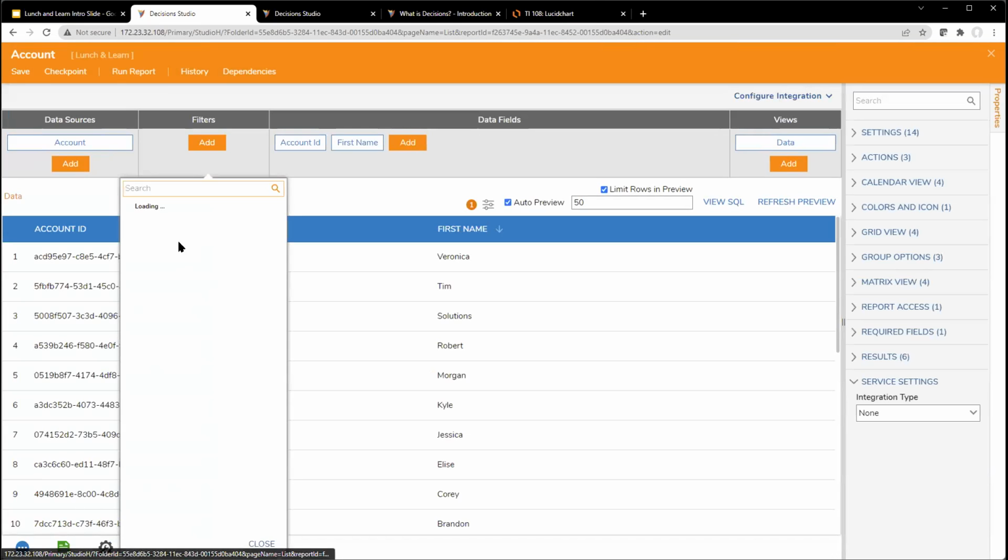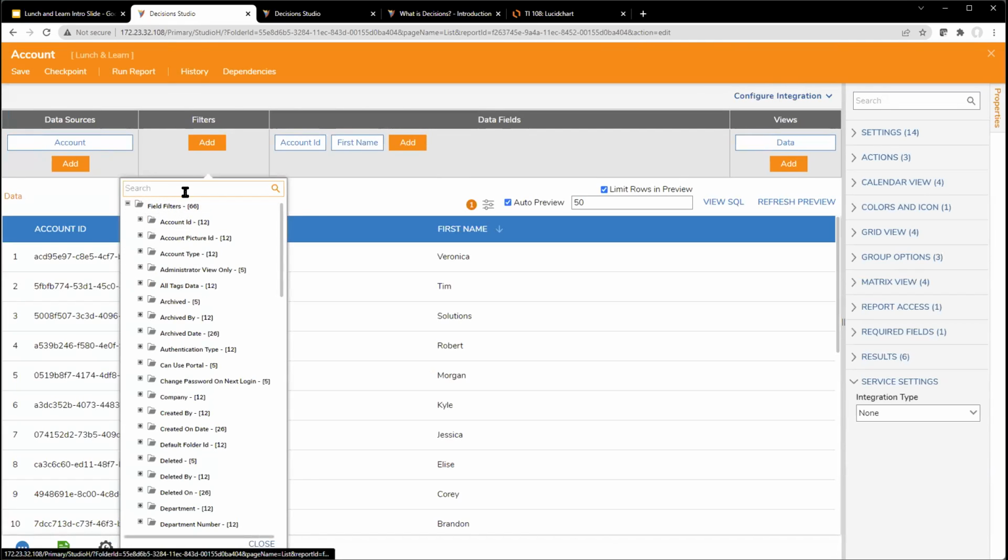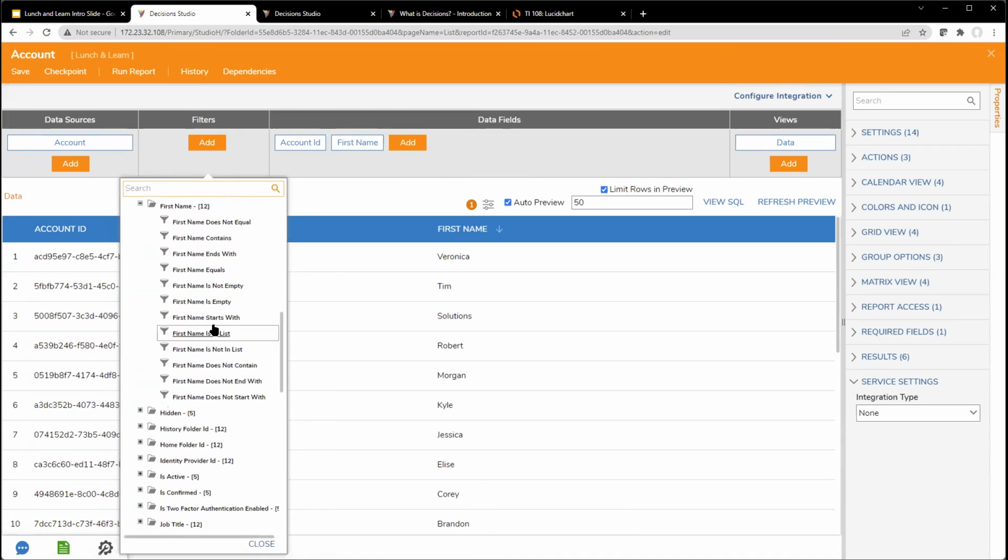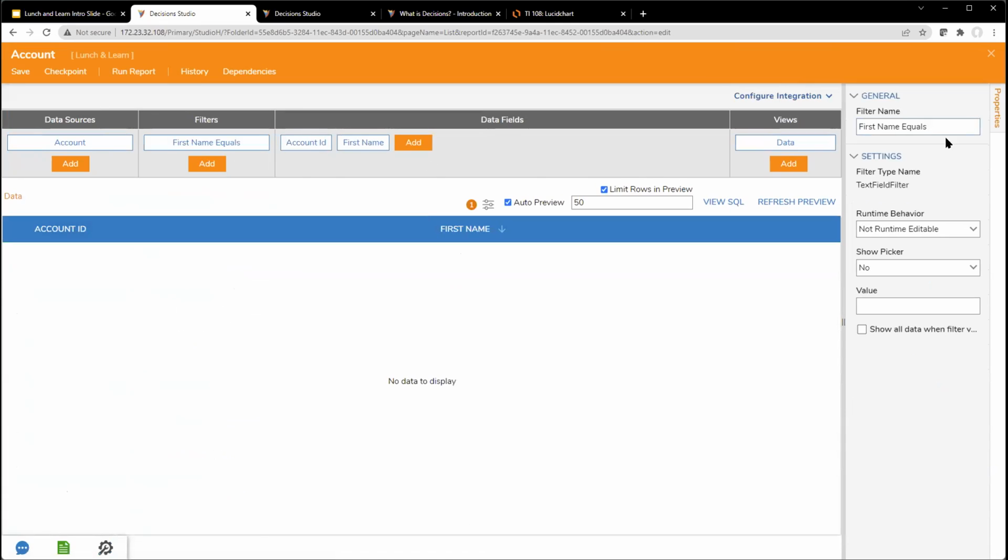So I'm going to add a filter, and it's going to be a field filter. And it's going to be for the first name. First name equals. Now I need to update the name of this filter to match exactly what I called it on that set dashboard report step. And that was first name equals without spaces. So I'm taking out the spaces,